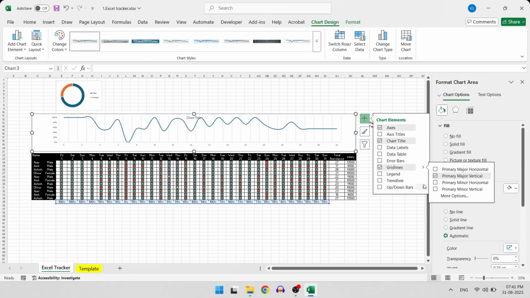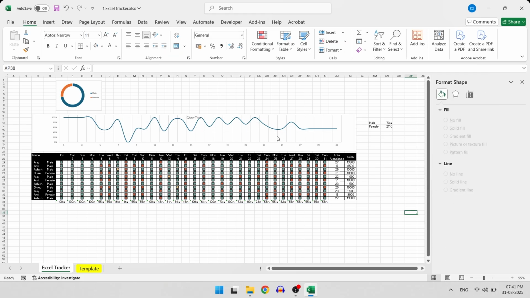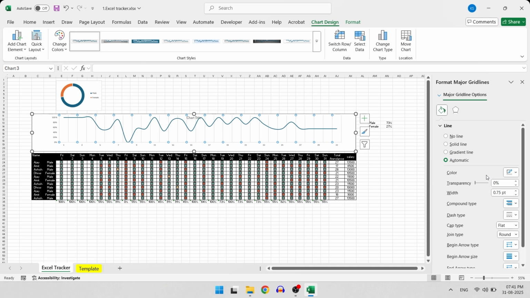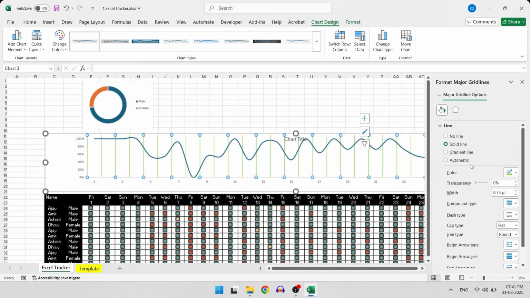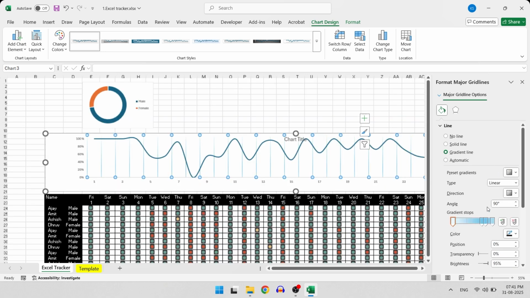Now select these grid lines and set the color to gradient. Set this to two colors by deleting the excess pointers in the color bar and change the color to black and white respectively.